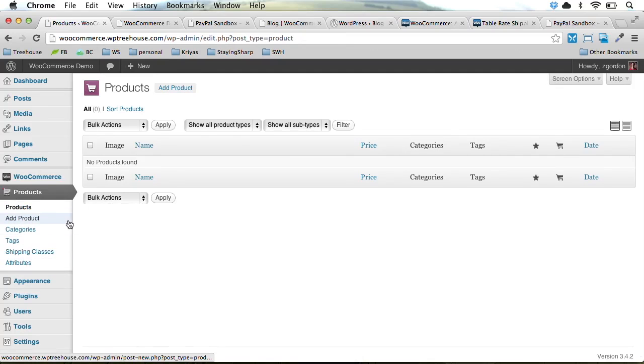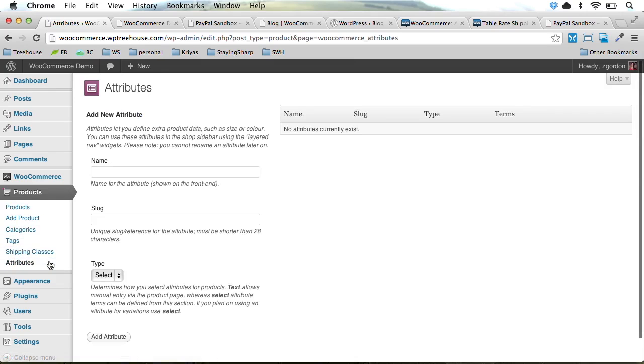and we can see we've got the option to add products, set categories and tags, shipping classes for certain types of products, and then attributes. Now, we're not really going to look at categories, tags, and shipping classes, but we are going to look at attributes. What attributes are for products are a set of extra terms or extra features or extra options that you